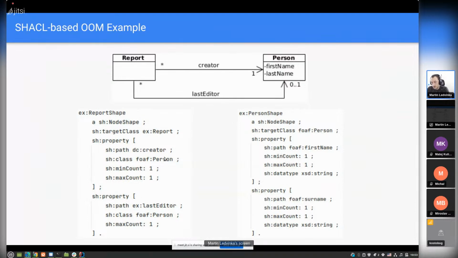So here are the corresponding shapes. For the report, we say that we are interested in instances of class report, and we constrain the property creator. Its values should be of type person, and we expect exactly one value. And for property last editor, again, we expect the value to be of type person, and we expect at